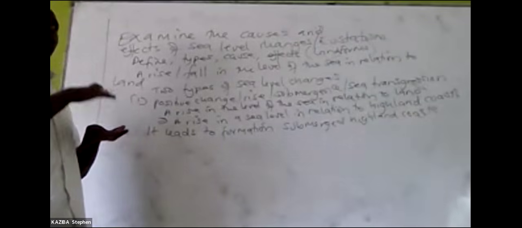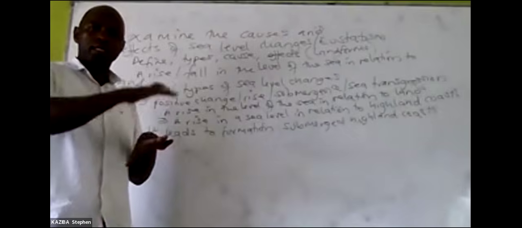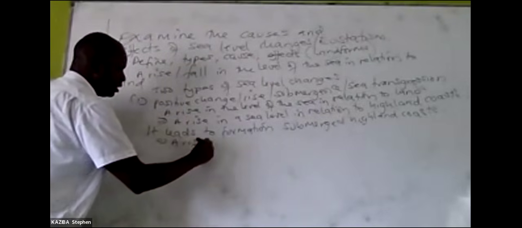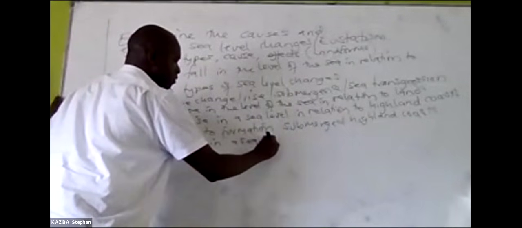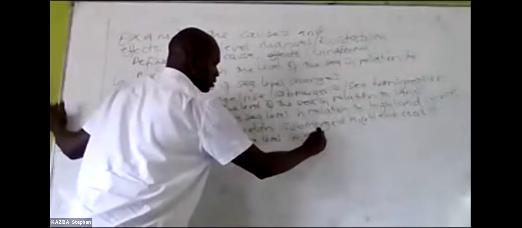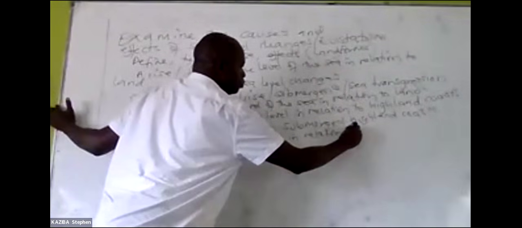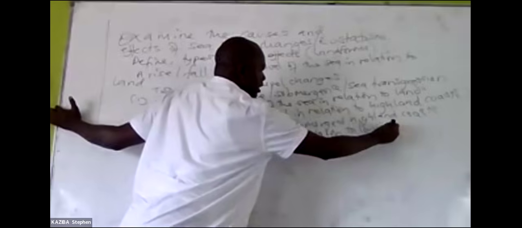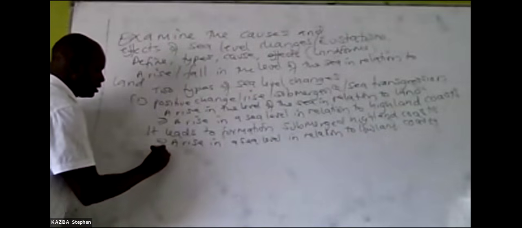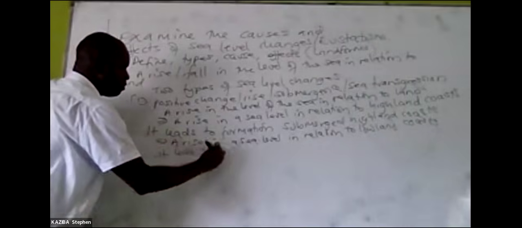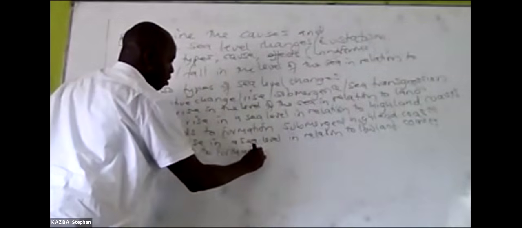So the resultant feature is a submerged highland coast. Then where we have a rise in the sea level in relation to lowland coasts, it leads to the formation of